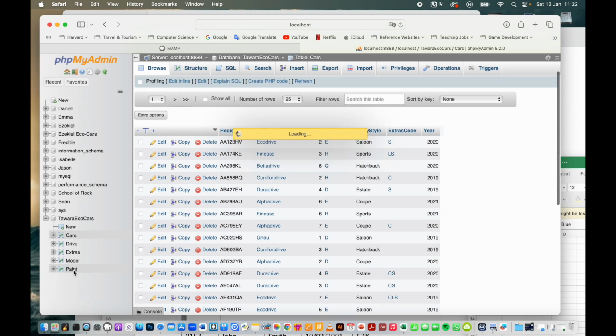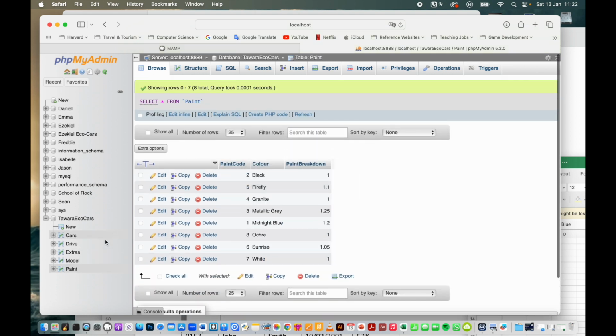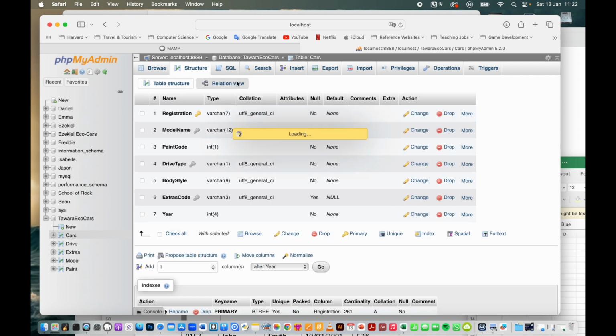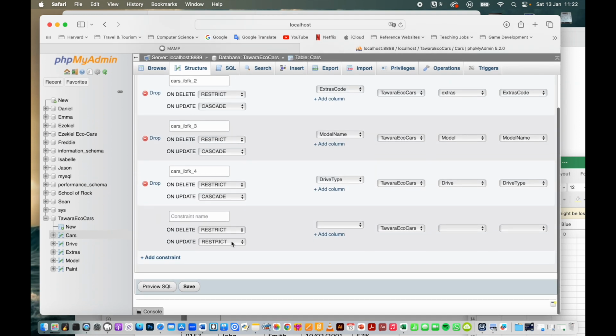So let's go and make that link. Check my paint code. Yep, that's fine. Go to my cars, go to structure, relational view. We want to cascade this. We want to change the paint code color. We want to get that paint code from the paint table, and we want it to be color, and we